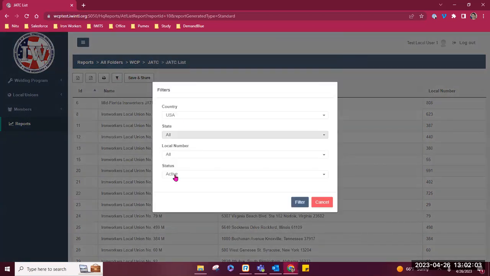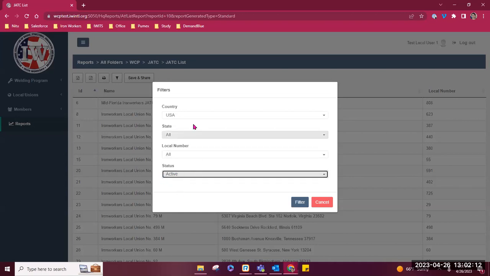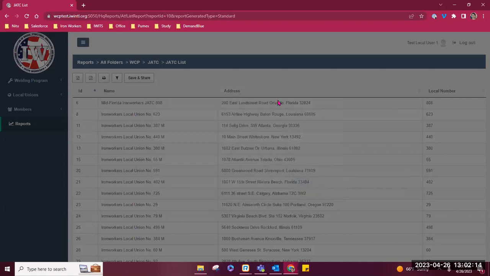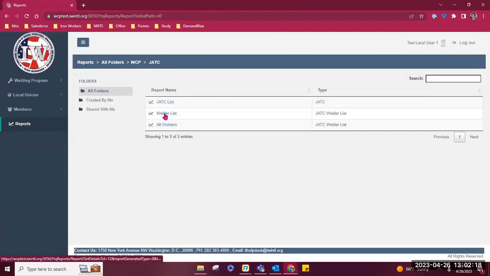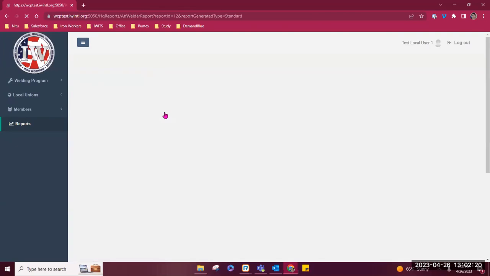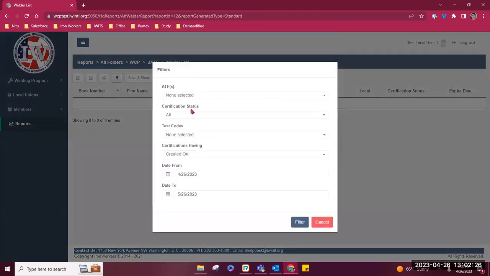There's not a lot of filters, but if you have any particular local union you're looking for, you can see it. Or if it's inactive or active, you can set up the filters accordingly. The next thing is our welder list, where you can see all the welder information, or welder list information. So let's go ahead and click on the filter. And you can see that we have all the